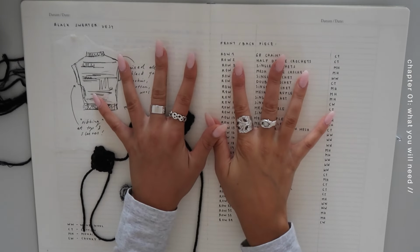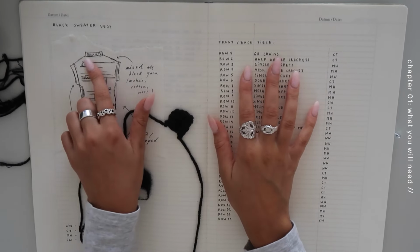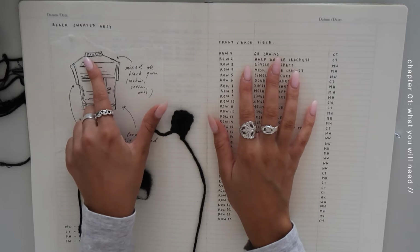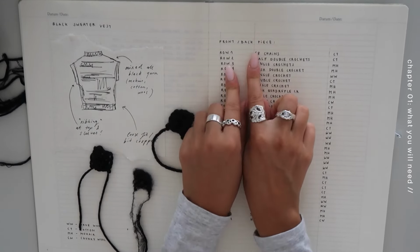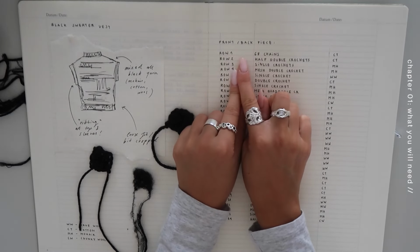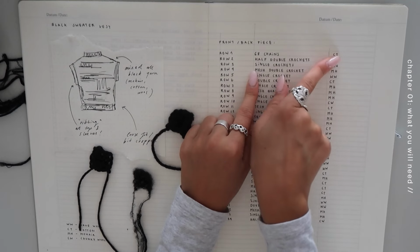So this is my sketch that I did. This is the piece that I wanted to create. I'm still not sure about the ribbing though. Maybe I'm gonna leave that. We're gonna see in the end what it turns out like. But this is for the front and back piece, the row and the stitch I'm using and in what